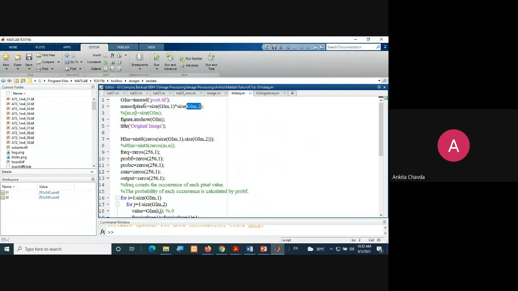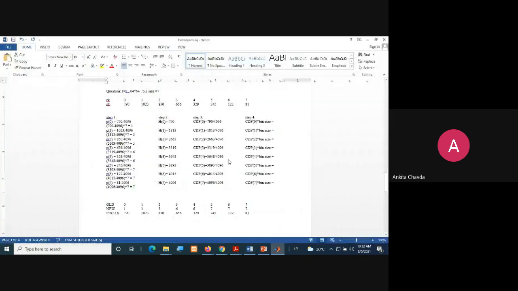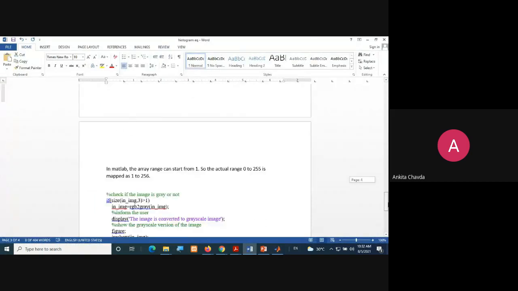So the number of pixels would be first dimension multiplied by the second dimension, so I'll get the total number of pixels. Fine. I cannot directly write here size of GIM, so I'm specifying this dimension. If you want to do that more specifically, I'm showing you the code of what to do.